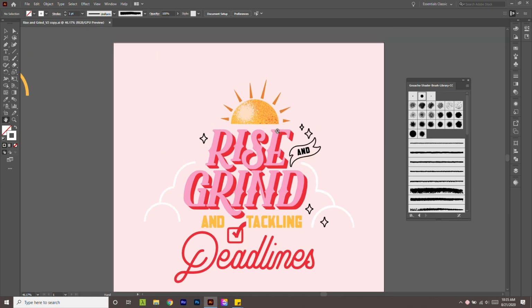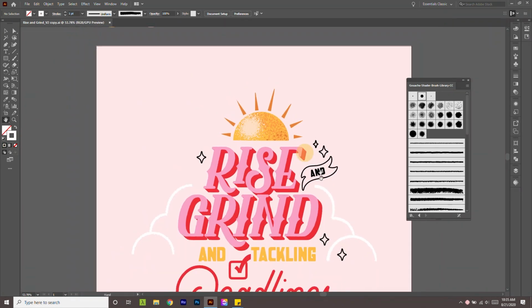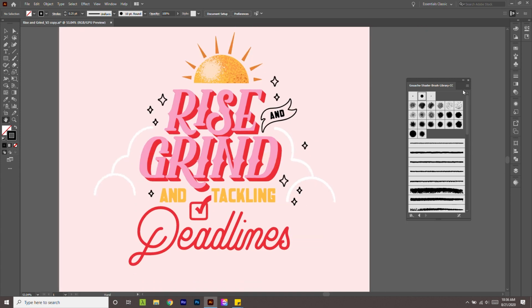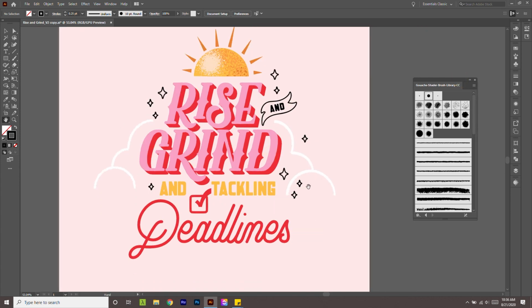So now that we have our sun pretty much done, I am going to play around with the star placement right now. So I kind of saved out how I wanted the stars to look. So I'm going to pull this way. So now that I have my stars pretty much placed where I want them to go,